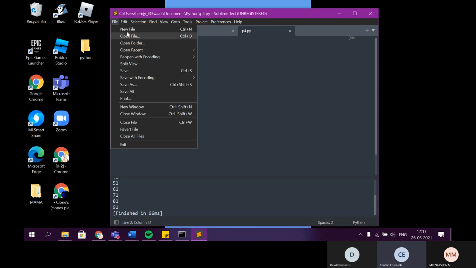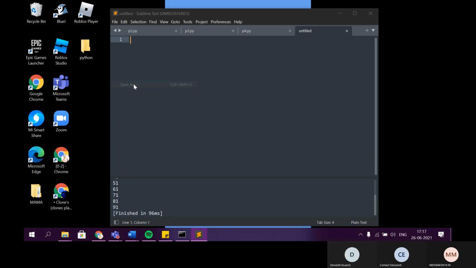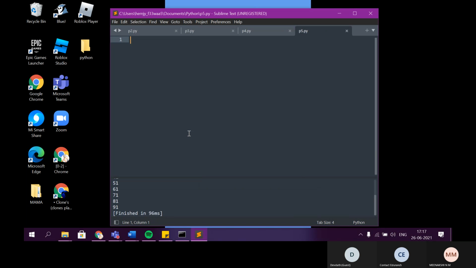Write a new program. Write a function. Function name odd_or_even. Take one argument, say number.